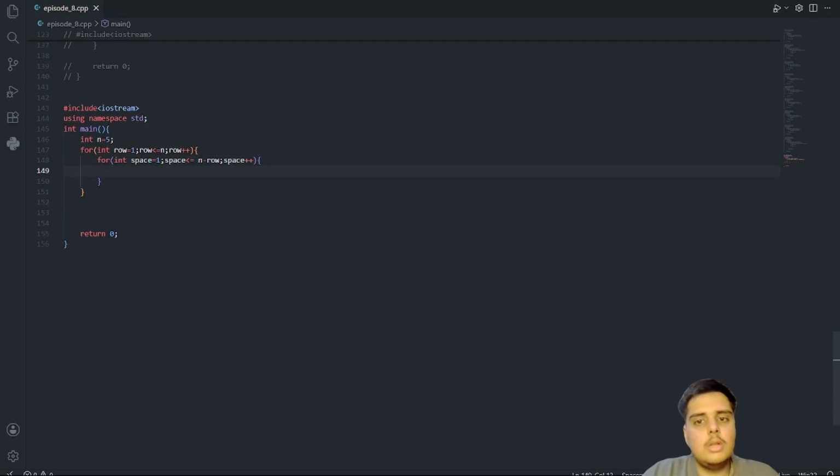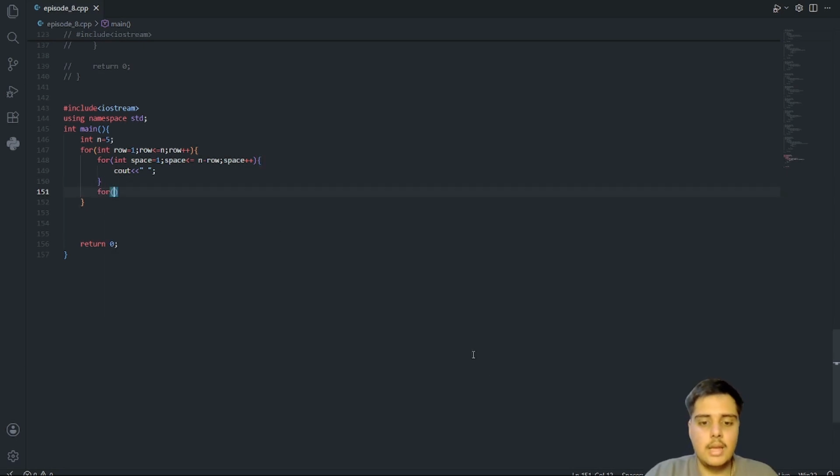Int space is equal to 1, space less than equal to n minus row and space plus plus. So here we will add cout space, and after this we will add another for loop.